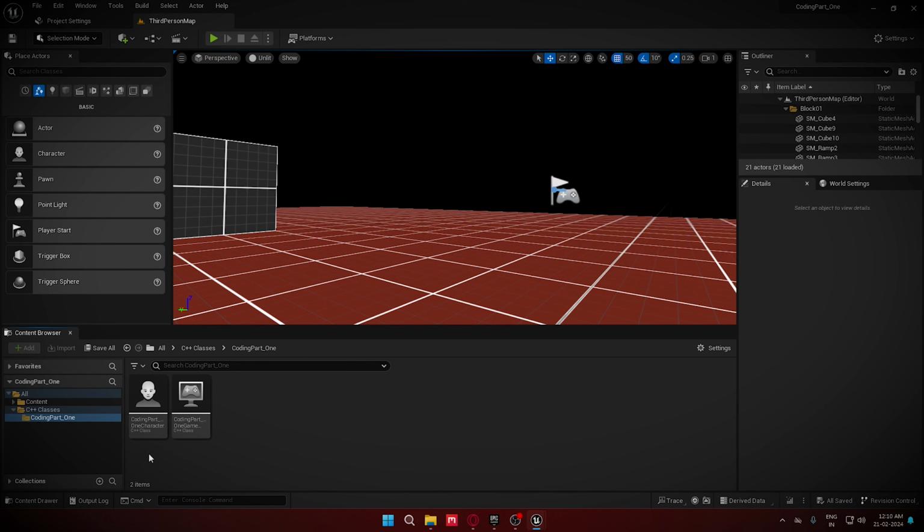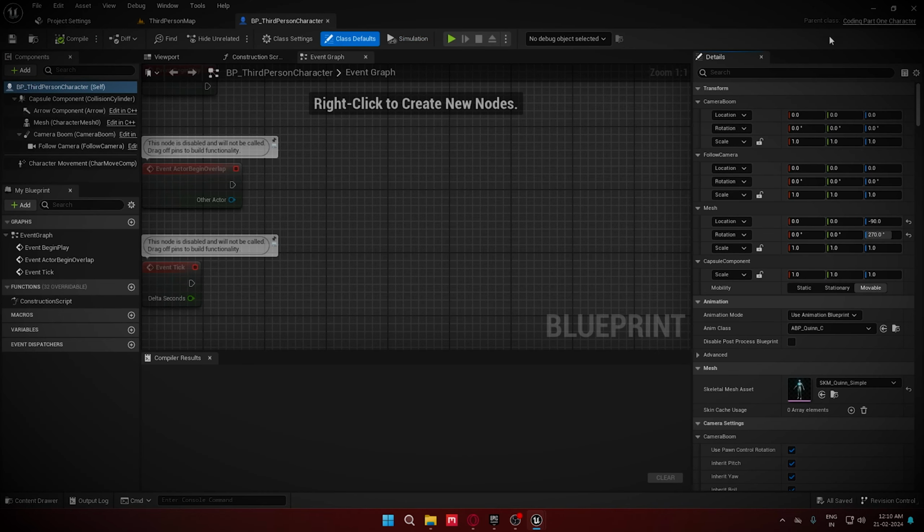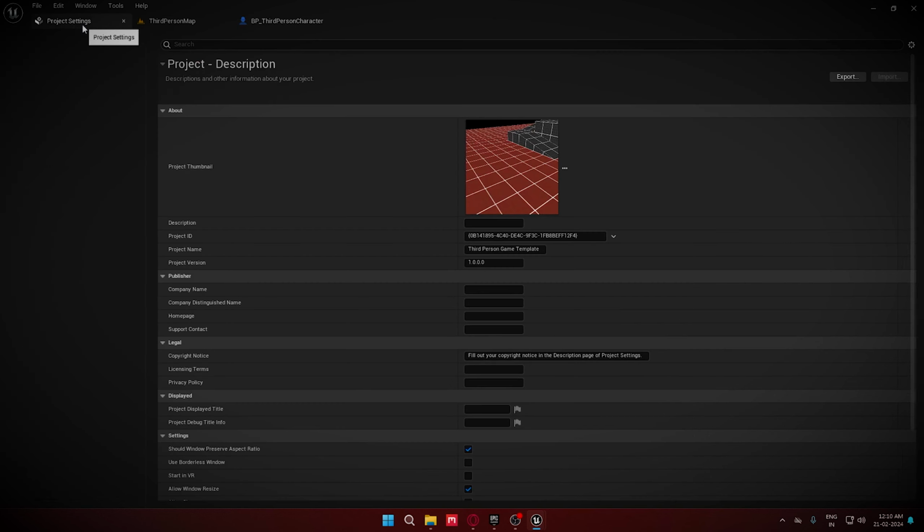So what we have in the C++ classes folder, we have the main class for our character, which is named after my project name, coding part 1 character, right? And if you want to see the blueprint child class of it, I can show you. It will be under third person blueprints right here. You can open it and you can see right here, coding part 1 character parent class. So yeah,